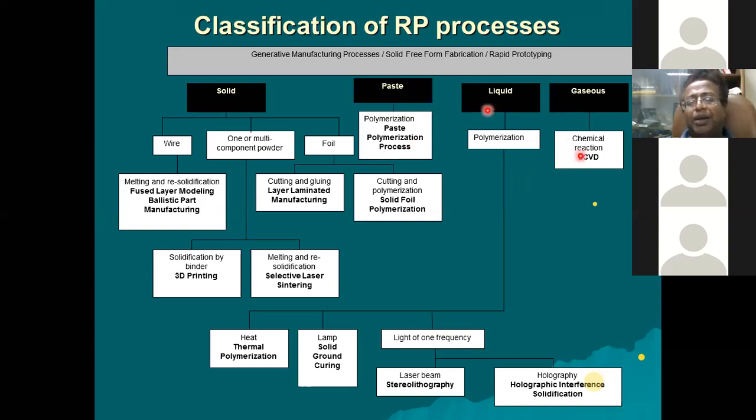I don't think there is any commercial process when you use gas. Chemical vapor deposition or liquid chemical vapor deposition are processes for other purposes. They are used to deposit material, basically to make coatings, but we do not make components out of that. It is a different class of process, but definitely we add material when we use LCVD kind of processes.